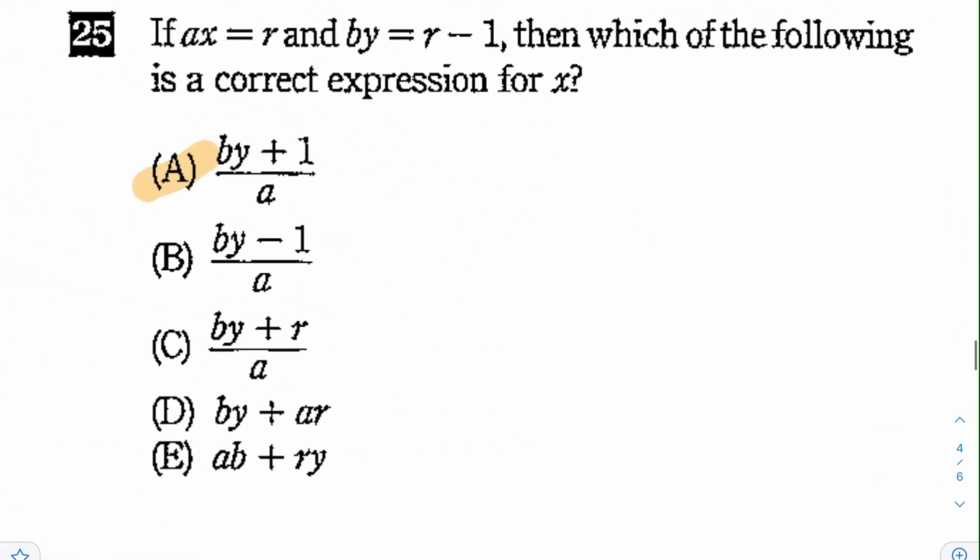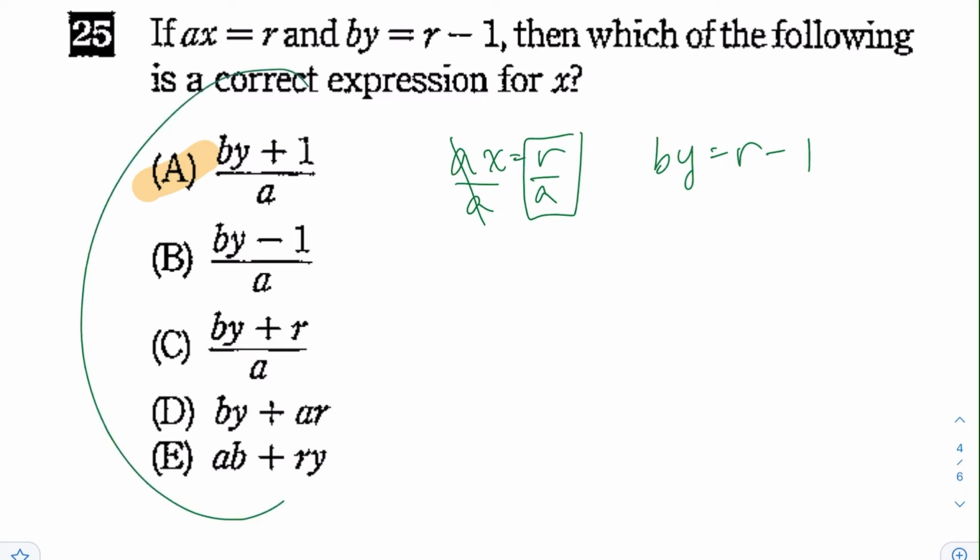Next, for 25, if AX is equal to R and BY is equal to R minus 1, then which of the following is the correct expression for X? So you know that A times X is equal to R, and B times Y is equal to R minus 1. So you want X in terms of B, Y, R, and A. So here you can get X by itself if you divide by A. So you know X is R over A, which you don't see as a choice here, so you have